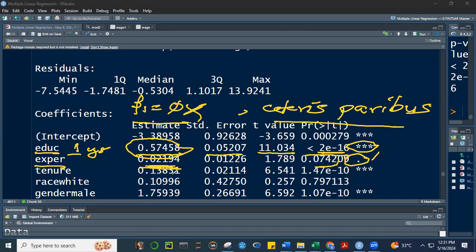How about tenure? For every 1 year, year din sa tenure, for every 1 year increase in tenure, there's a corresponding approximately $0.14 increase in hourly wage, ceteris paribus. Okay? All right. So,